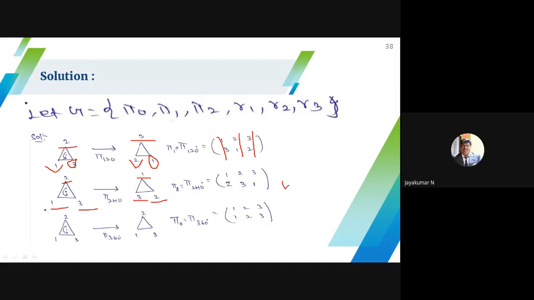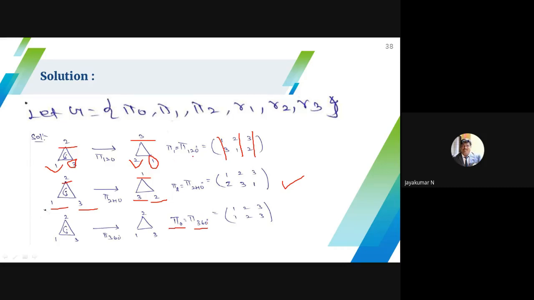Now I can represent the rotation again by 120 degree. This is the original position. Again, if you rotate 120 degree, that is nothing but 240 plus 120, 360. That is nothing but my original position. You can easily visualize it: 1 goes here, 3 goes here, 2 goes up. So finally I have 1, 2, 3. This is nothing but my original position. So 1 map onto 1, 2 map onto 2, 3 map onto 3. So this is pi 360 degree. This rigid motion represents the identity mapping. I can denote this as pi naught because 0 degree and 360 degree are both the same.